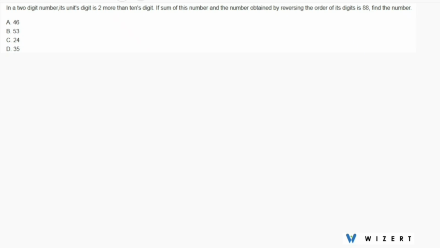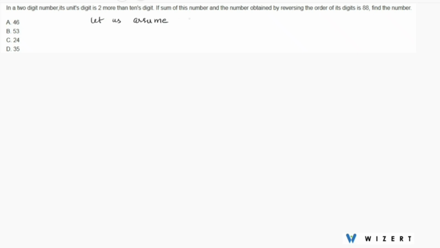Question here. In a two-digit number, its units digit is 2 more than its tens digit. If the sum of this number and the number obtained by reversing the order of its digits is 88, find the number. So let us